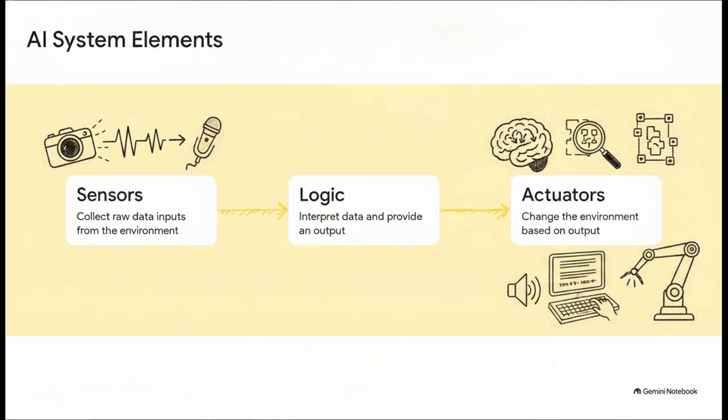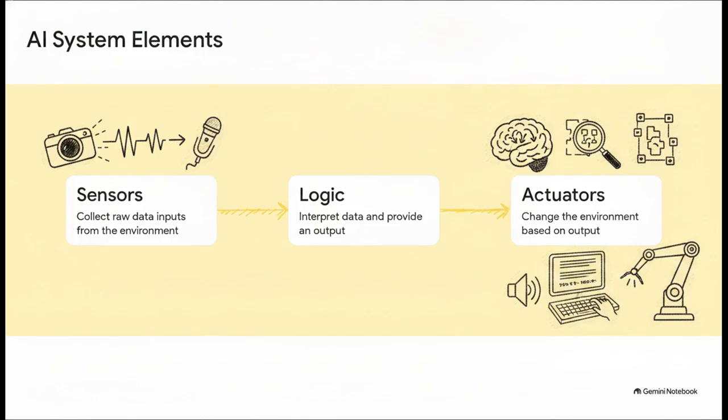Step 1 is sensors. The machine doesn't see or hear, rather its sensors, like a microphone or a camera lens, just collect raw data inputs from the environment. Sound waves become digital frequencies, light becomes pixels. Then step 2 is operational logic. The machine isn't thinking about what you said. Instead, its operational logic steps in to interpret that data based on a specific set of objectives. It's literally just looking for patterns.